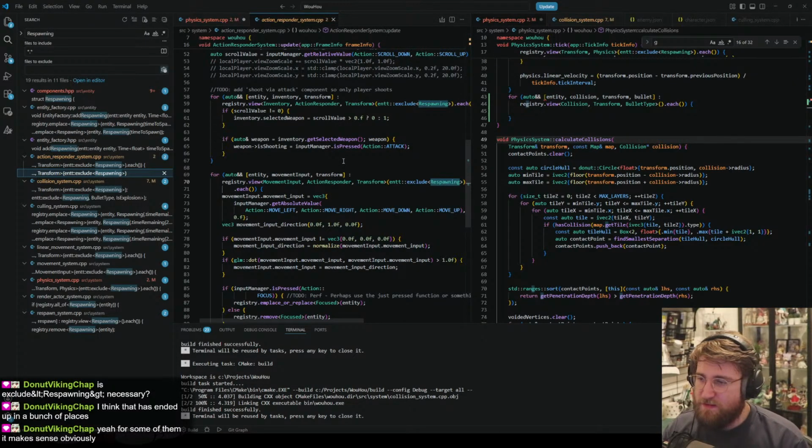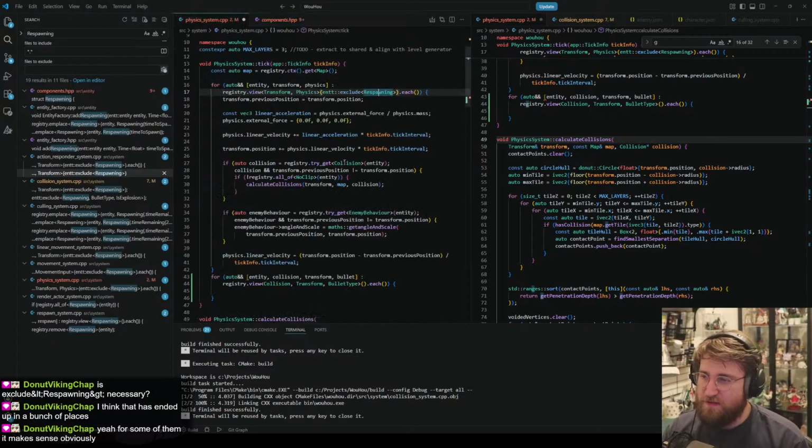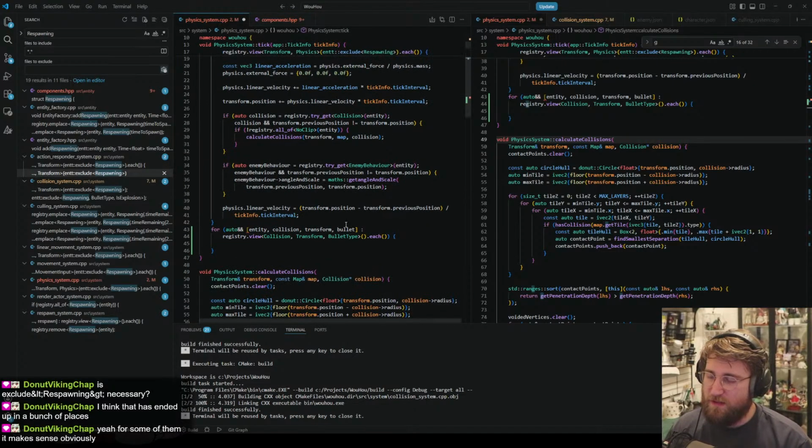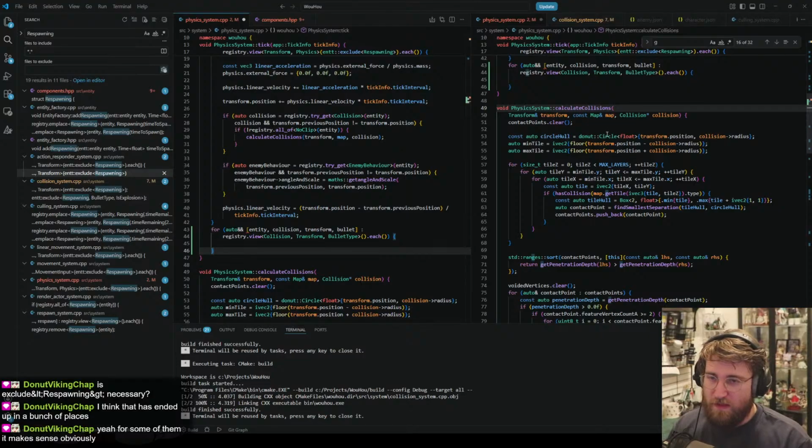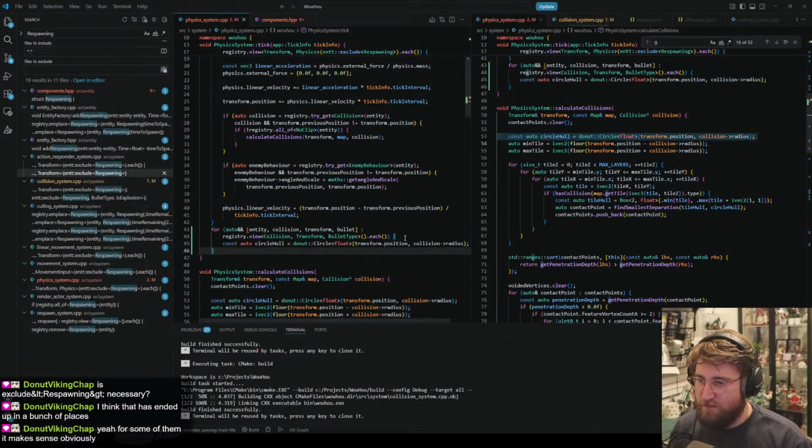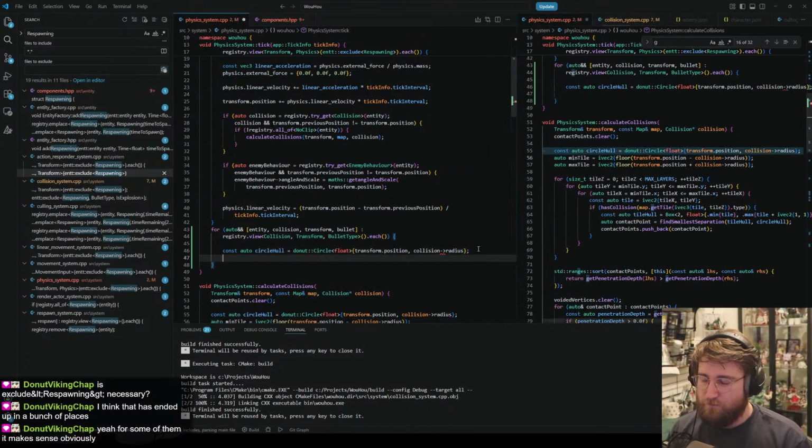Some of them it makes sense. I think you don't want stuff to be pushed around that's respawning, so I think this is correct. Here, obviously, it doesn't matter. There's no respawning bullet right now. Anyway, let me see if I can try and construct that